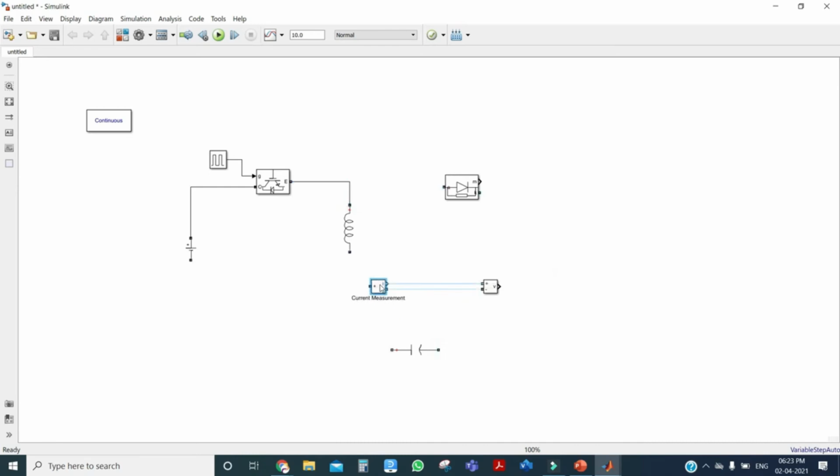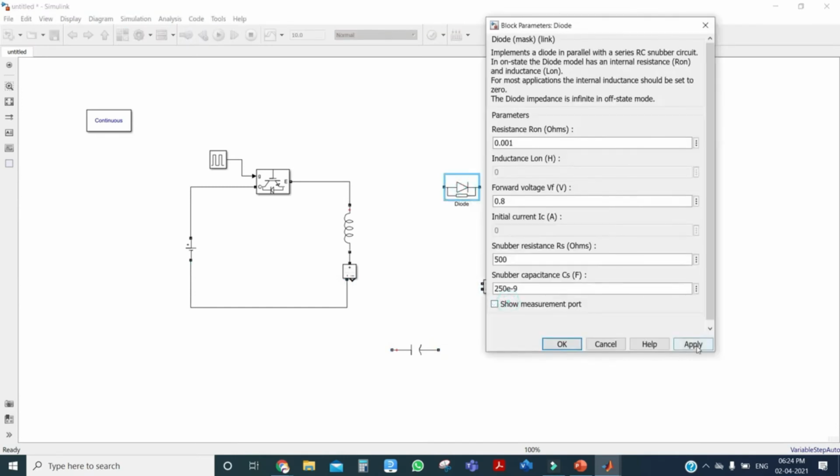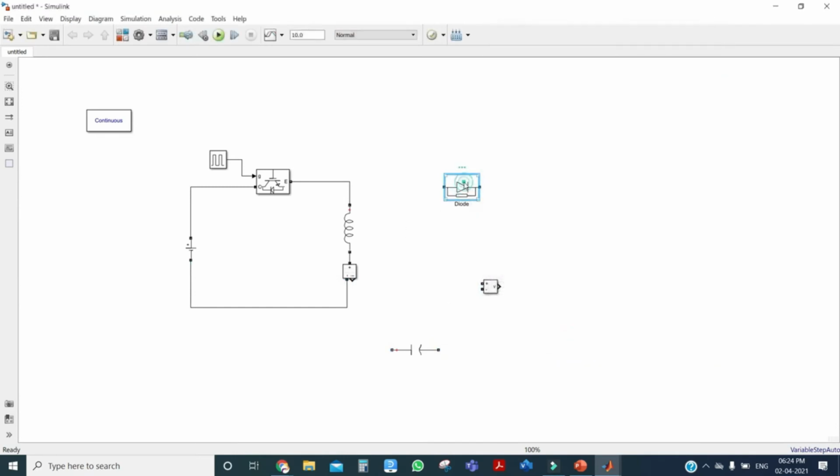We want to find this inductor current, so you just connect the ammeter in series with the inductor and connect like this. Then click on this diode, uncheck this port and connect.